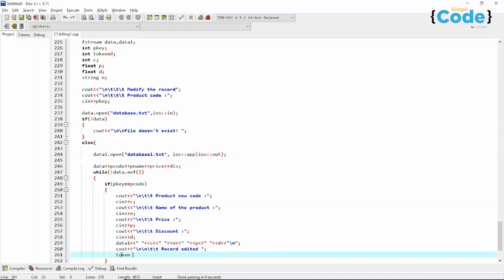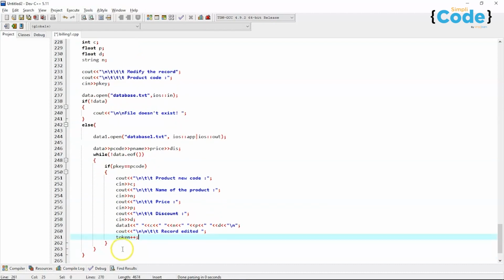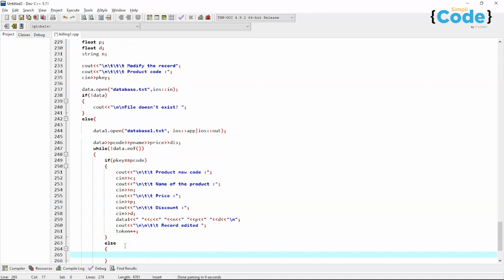After that we'll increment the token, that is token++. Now this was the if block. Now in else block, again data1, that is if the product key or the product code entered by the administrator doesn't match with any of the product code within the file, then the old variables, that is